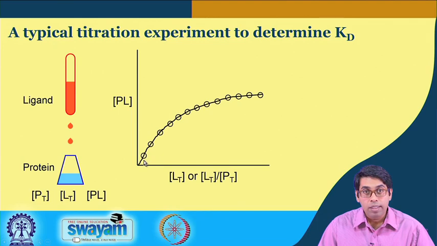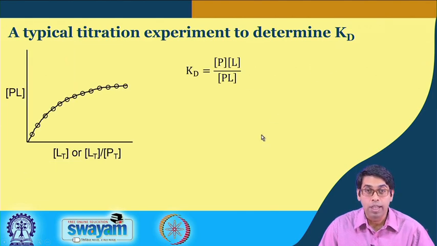So, these discrete points are obtained from each titration point. So, if we add this ligand, how many times have we added here? 1, 2, 3, 4, 5, 6, 7, 8, 9, 10, 11, 12, 13. So, if we have added this ligand 13 times, we will get these 13 points, and this is our experimental data. And from this, we have to calculate the binding constant Kd. So, how do we do that?